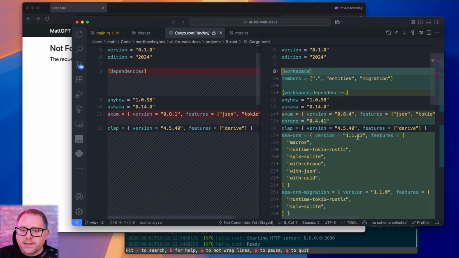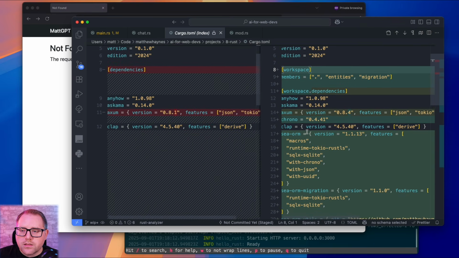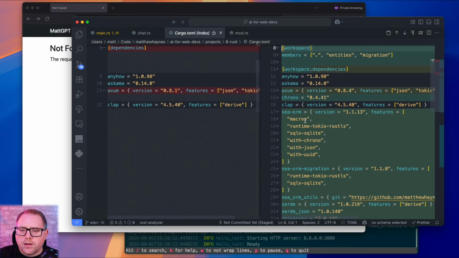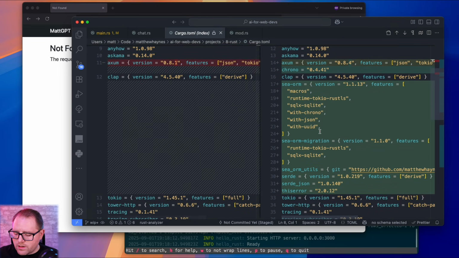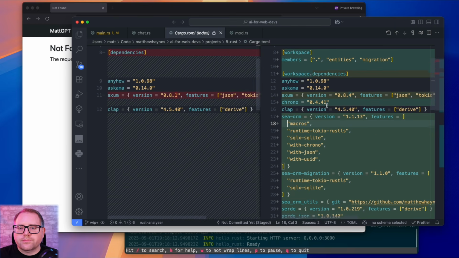In terms of our dependencies, we're going to be adding SeaORM, which seems to be a popular choice for ORMs. There's also Diesel. In this case, SeaORM, take your pick. They both seem great. I just went with SeaORM because that seemed to be top of mind for the community at the moment.